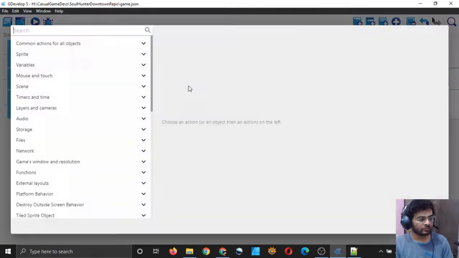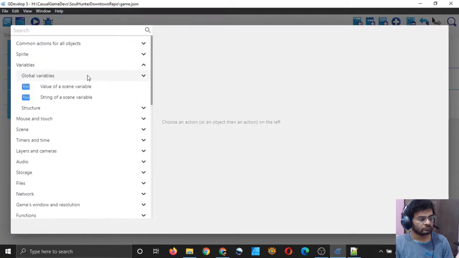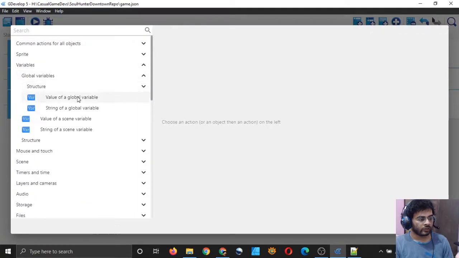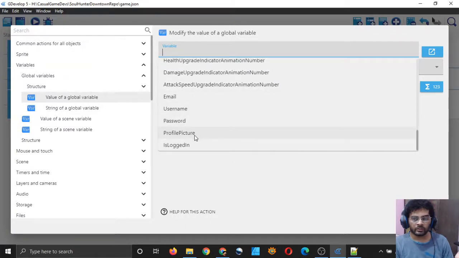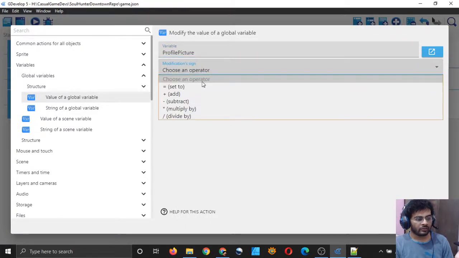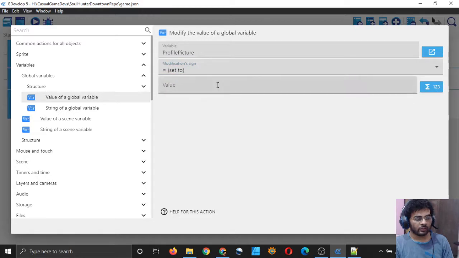So let's do that. Value of a global variable, and that global variable is profile picture, is equal to, and the value is our temporary object variable in this scene, and inside it we want the profile picture field. So let me do that.